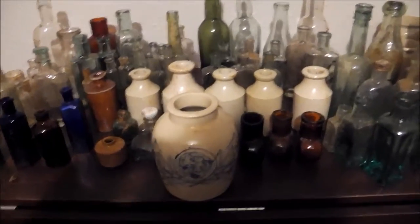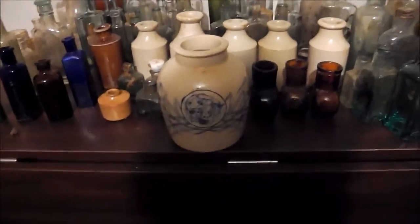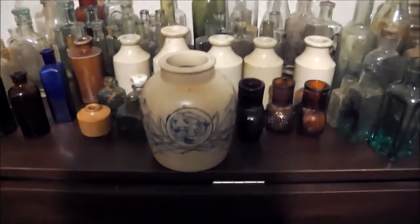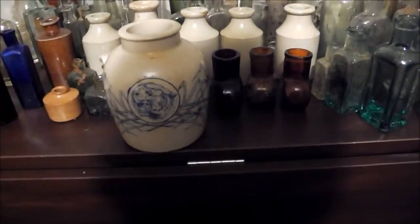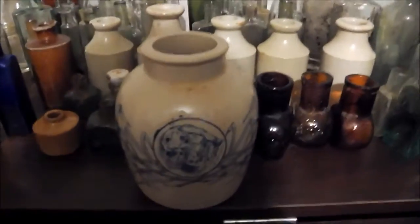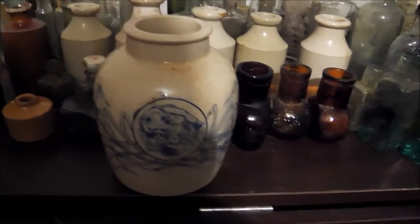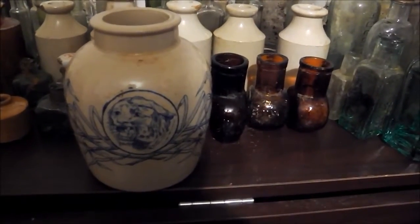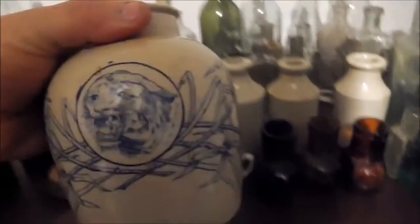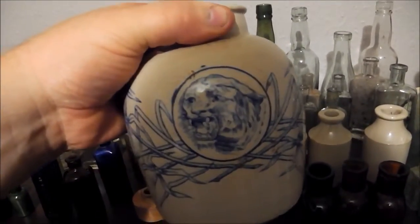Just before I go, I nearly forgot about this. I've had to go and pick it out of a box that I keep in the room, because I keep it away from my kids because they like it, because it's got a tiger on it. So I've just remembered about this. This was a ginger jar that I found, which is probably the star find of them all, and it has a tiger on it, and it is just an amazing ginger jar. I keep this one out of the way of the kids because they always play with it, and I'm always scared that they're going to break it. It's an absolutely cracking jar,